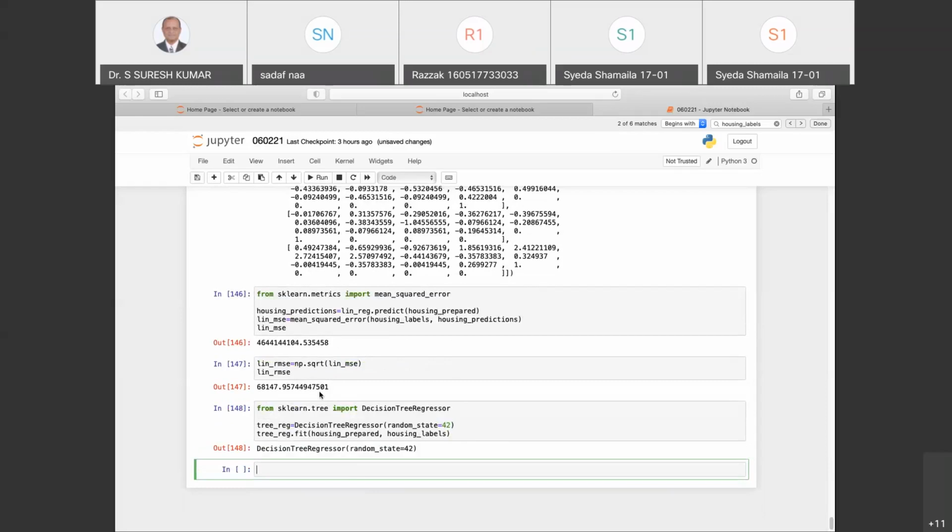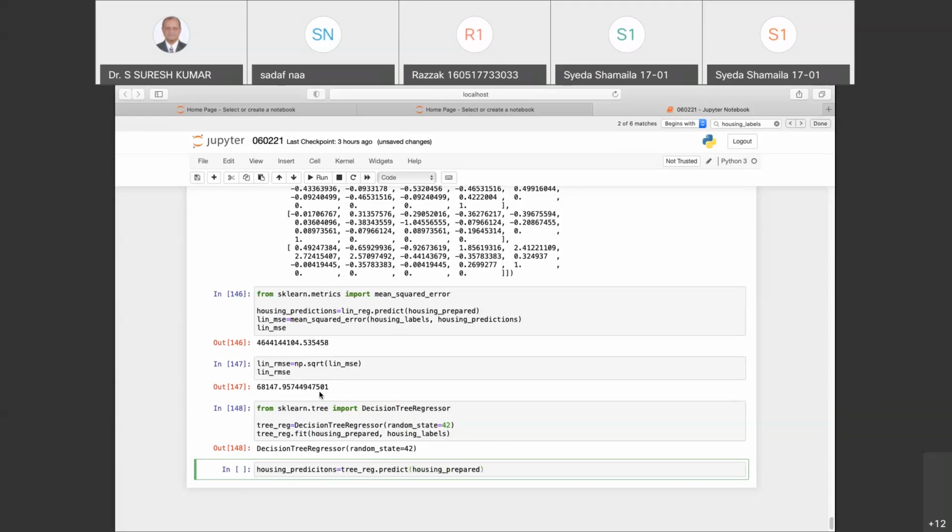Now we get into finding the mean squared error and the root mean squared error using this decision tree. My housing_predictions is nothing but tree_reg.predict of housing_prepared.